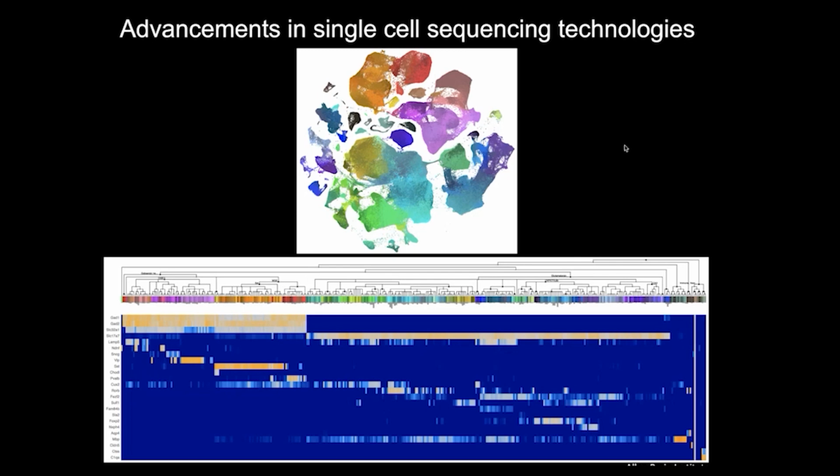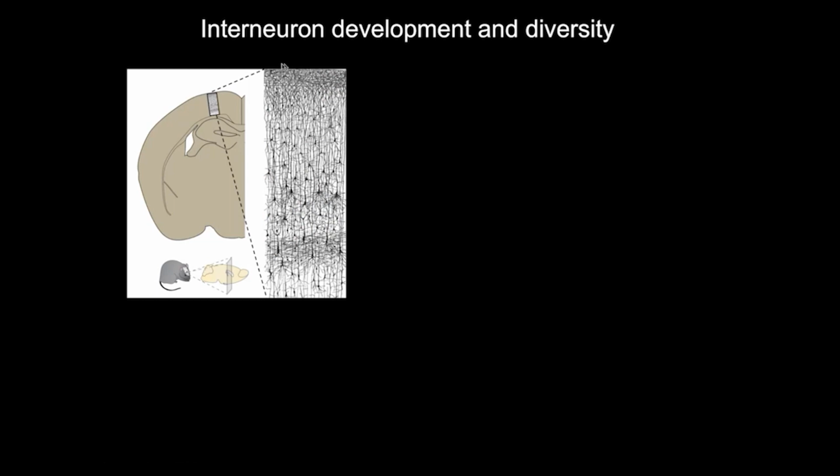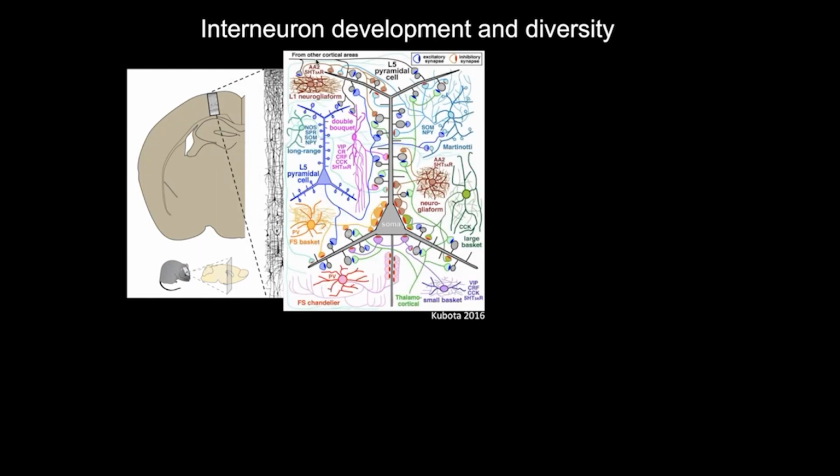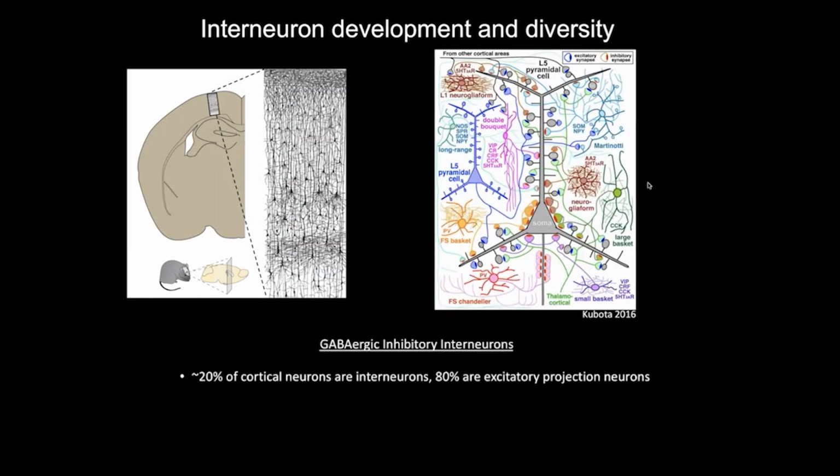Now, to jump back to the cells, I study the interneurons, the GABAergic inhibitory interneurons. This is a nice schematic that highlights the diversity. So this gray cell here is an excitatory cell in the cortex. This receives lots of input and then has output exiting the cortex to go to other brain regions. And you can see all the colored cells here as the vast array of GABAergic inhibitory interneurons that are found